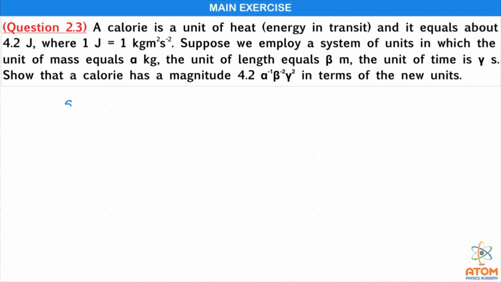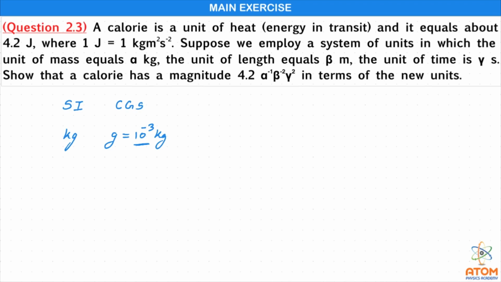We know in, let us say, SI unit system, the mass is represented by unit kilogram. In, let us say, CGS unit system, the mass is represented by the unit gram. But we know that gram can be written as 10 raised to minus 3 kilogram. This 10 raised to minus 3 is a magnitude, that is a magnitude or a numerical value.